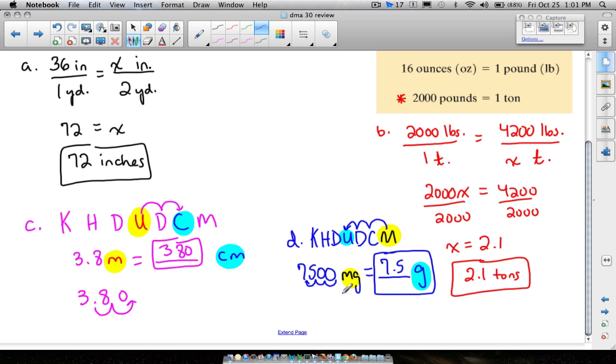So therefore, we can say 7,500 milligrams is the same thing as 7.5 grams. And the thing is, a milligram has very little mass. It's very, very light. If something weighed 7,500 milligrams, you could barely tell it was in the palm of your hand. Very light. But it takes a lot of milligrams to get 1 gram. It actually takes 1,000 milligrams to equal 1 gram. But the King-Henry shortcut, just moving the decimal, will help us get this answer much quicker.